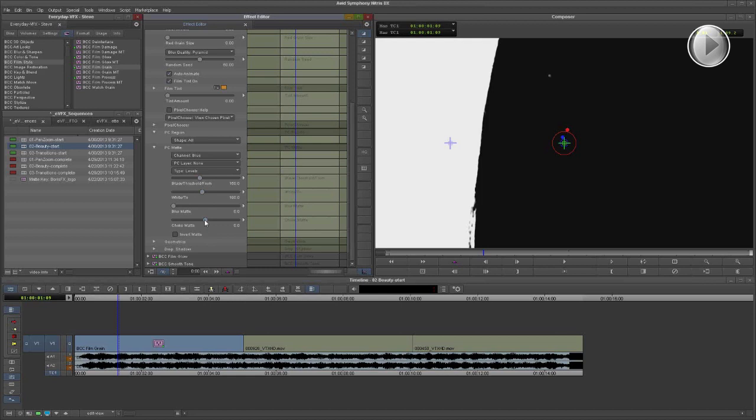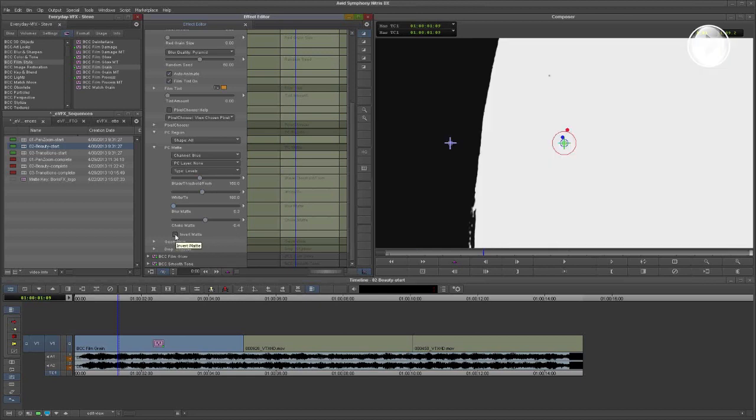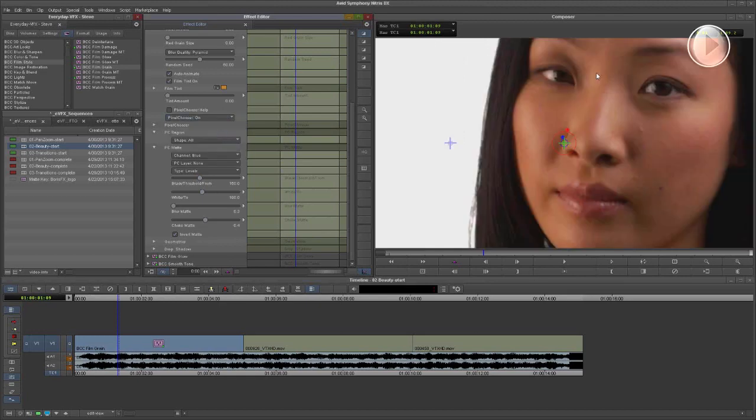Again, I could do some choking if I needed to on the matte. I could also do a little bit of blurring if I was concerned about any of the edges. And because I want to hold out this area, I'm going to go ahead and actually invert the matte, like so. All right. So now when I go back to the pixel chooser and I just switch it back on,